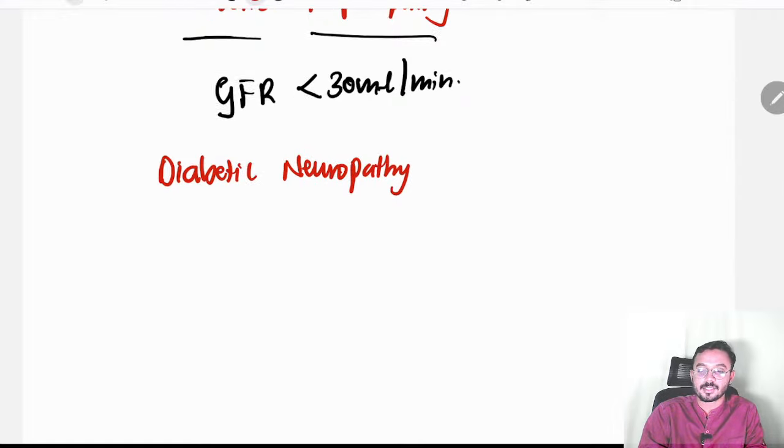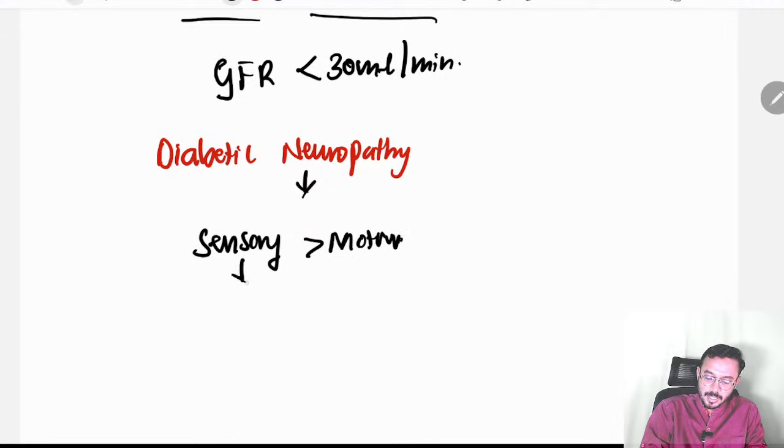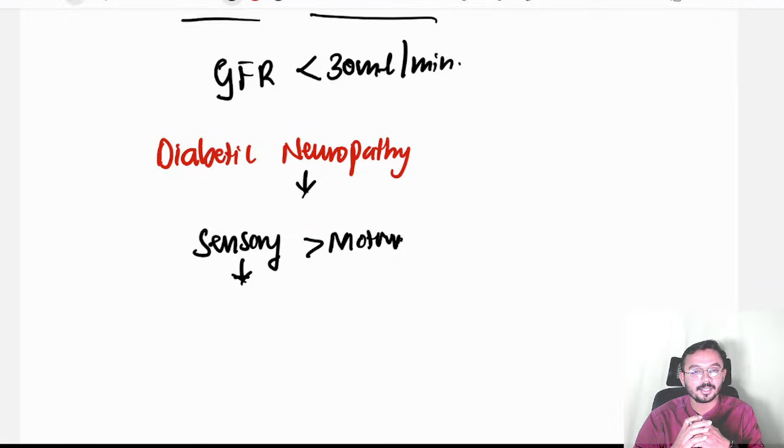Here nerve fibers will get affected. So one is your sensory and the next one is motor. What actually happens in this condition is you will get a burning sensation in your foot, and there will be some pain also, especially at night time you find a burning sensation in the foot due to diabetes. If diabetes is not controlled, it will damage your nerves also, right? So this is about diabetic neuropathy.